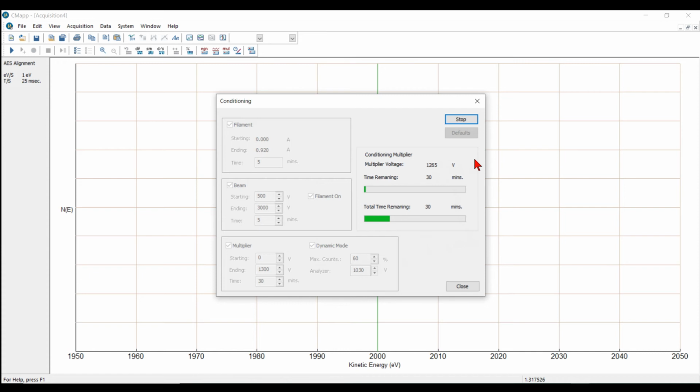And now it will just sit there for, in this case, 30 minutes, and you could set that longer, and it will use electrons to help scrub the electron multiplier clean. So that's how you use the dynamic mode. Another way to do that, however, let me stop,